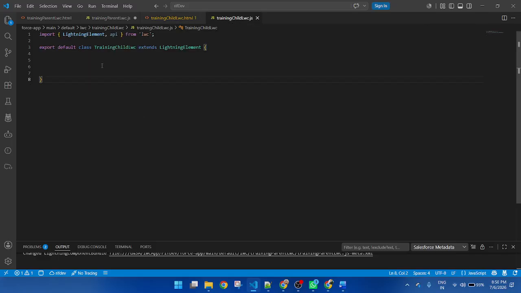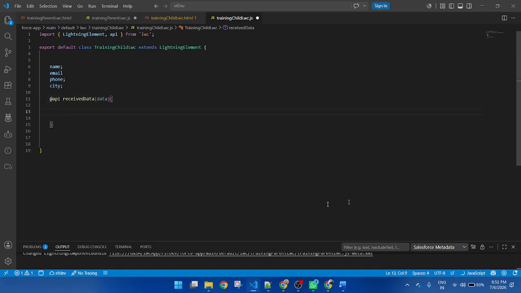So in the child component, I will create an @api function and store the data. Similarly, here I will use name, email, phone, city as local variables, and here I will use @api receiveData, and here I will use data.